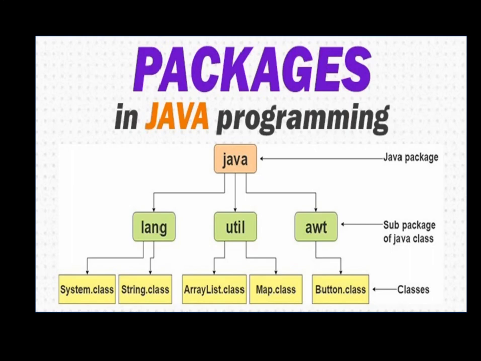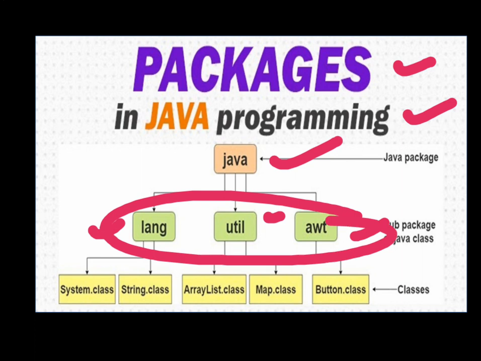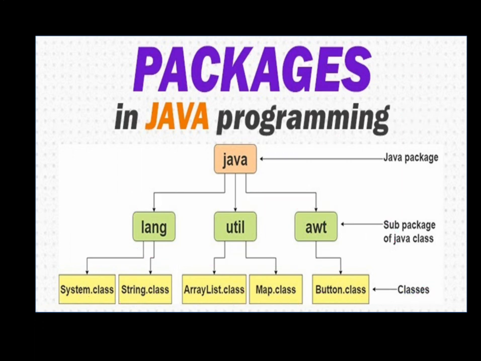Now last, packages in Java programming. This is the package: lang package, util package and AWT package. AWT package is a subpackage, actually a sub part of the Java package. And with these packages there are some related classes. Remember, these are not the only classes these packages have, but for the example I am just showing the hierarchy of what it exactly is. Inside the class there are some methods also. Is it okay? I hope you understand the whole scenario of today's class.